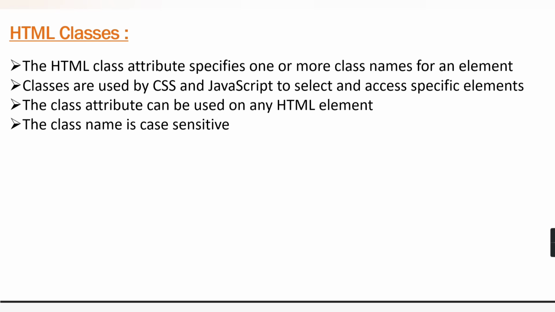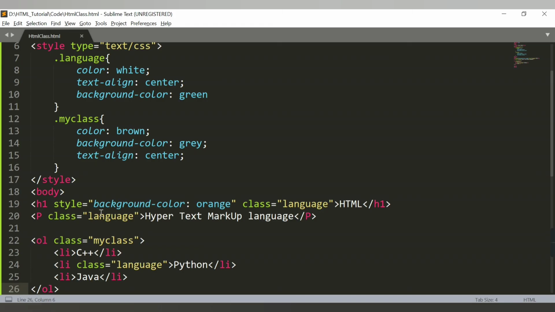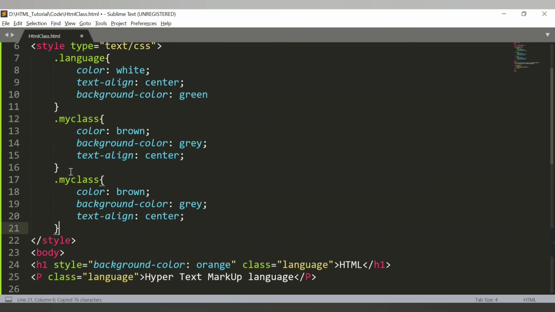Let me cover that also here. Let's say I have another class here, my class. Let me copy this. And I will provide here M capital now. And let's change color also. Let's say color as blue, background color also orange, and text align is center.